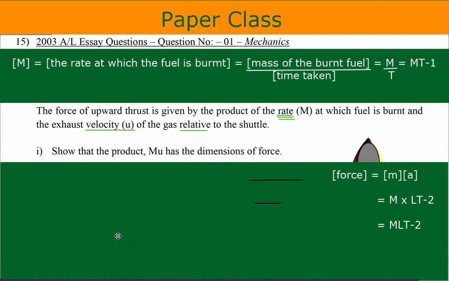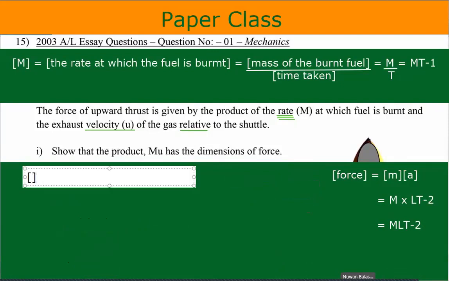Right, I should prove that the product Mu has the dimensions of force. So I just want one more step, right? So I'll write the dimensions of capital M into U: the dimension of the product Mu is equal to the dimension of M into the dimension of U. Got it? Right. So then